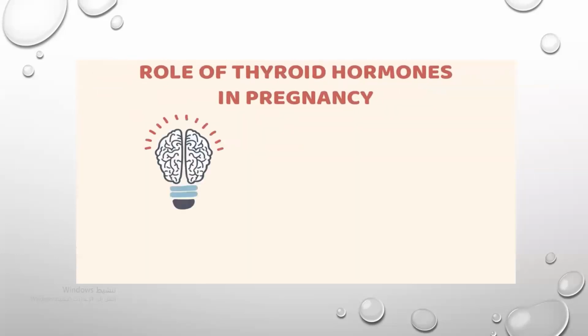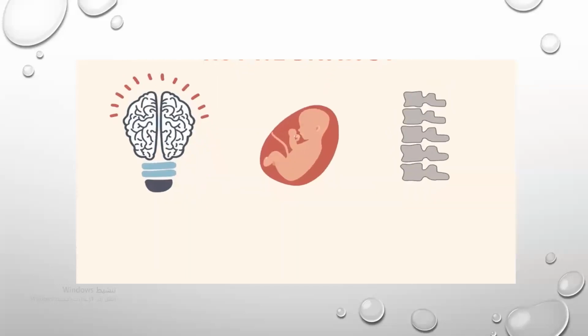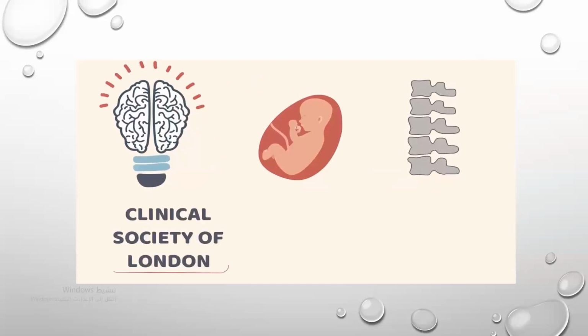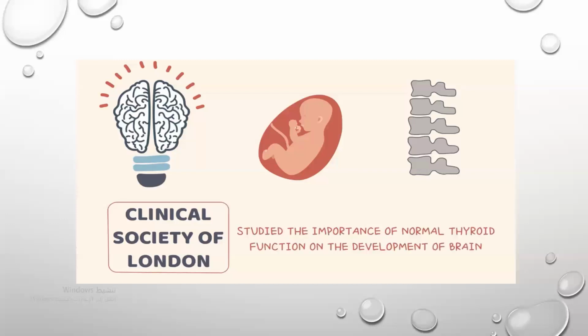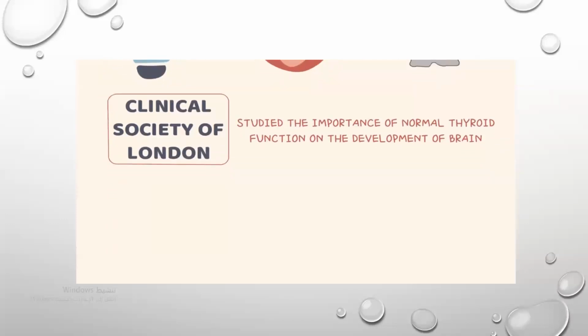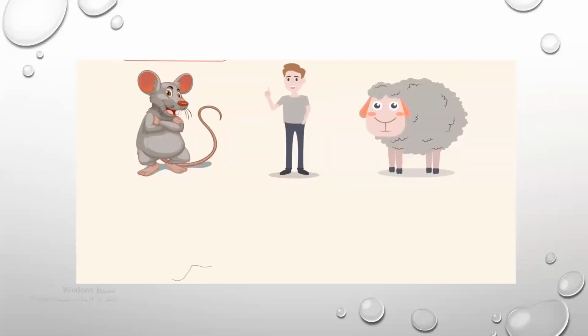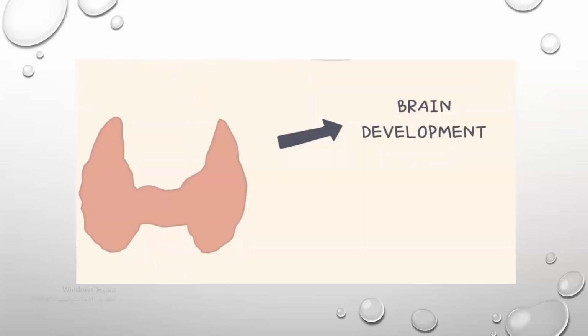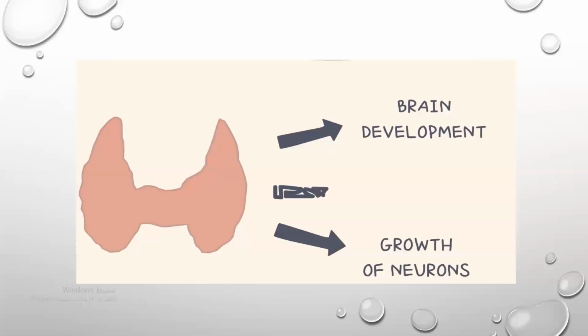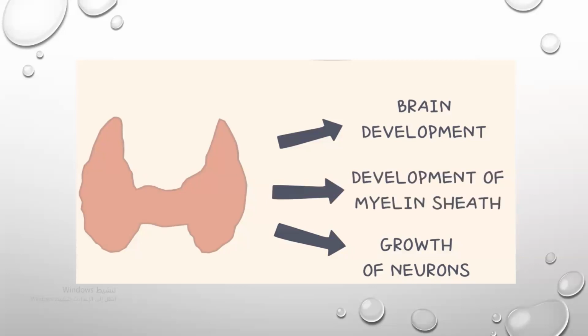Thyroid hormones are vital for the development of brain and spinal cord of the growing fetus. In 1888, the Clinical Society of London studied the importance of normal thyroid function on the development of brain. Since that time, numerous studies with rats, sheep, and humans have proven that thyroid hormones have vital importance for various stages of brain development, including growth of the neurons, which are the main cells of our brain, and also for the development of the myelin sheath, which is like the covering of the neurons, and it is essential for their